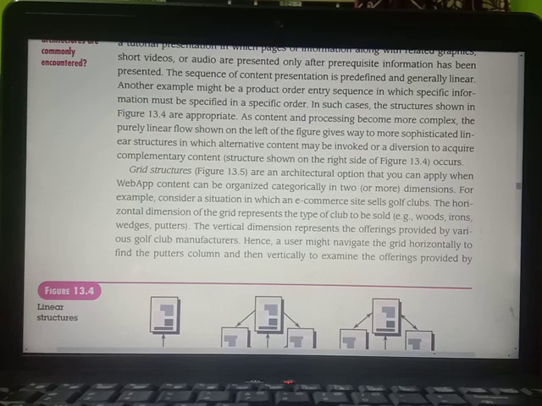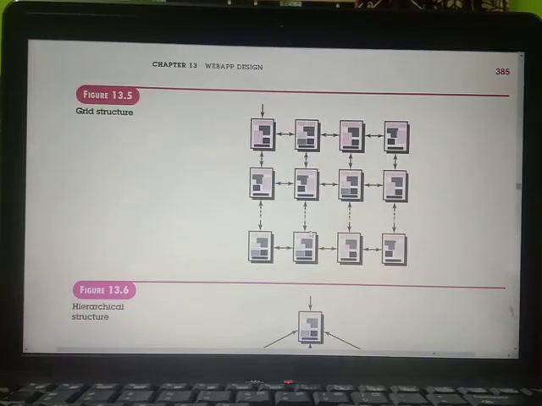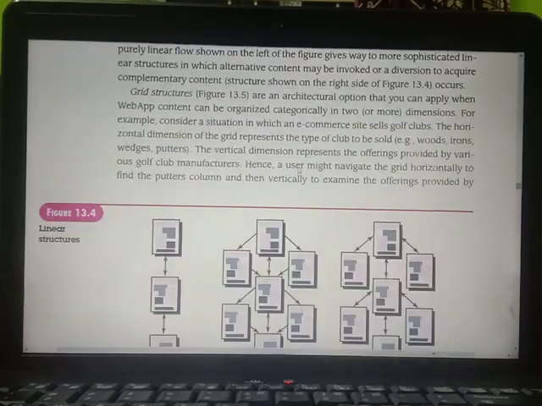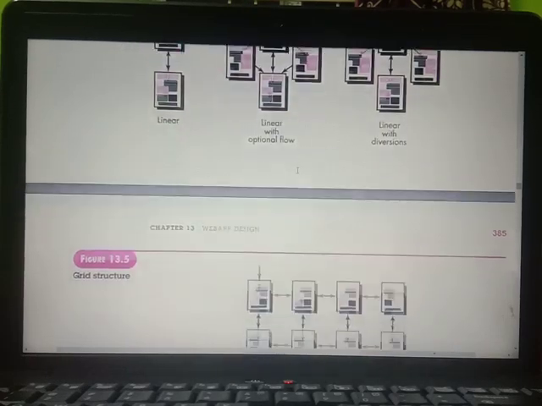The vertical dimension represents the offerings by various golf club manufacturers. So this is the grid structure. That is being followed in the form of a grid. There is a connectivity between all the kinds of web pages, web content and web applications that is going to be navigated. So something like e-commerce.